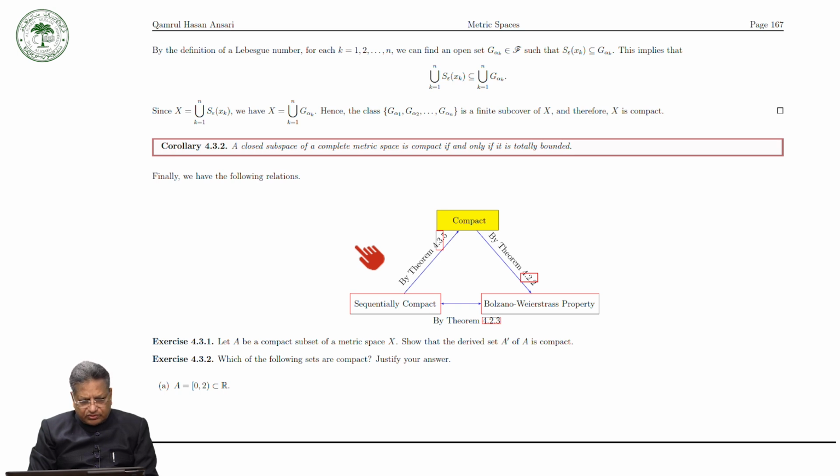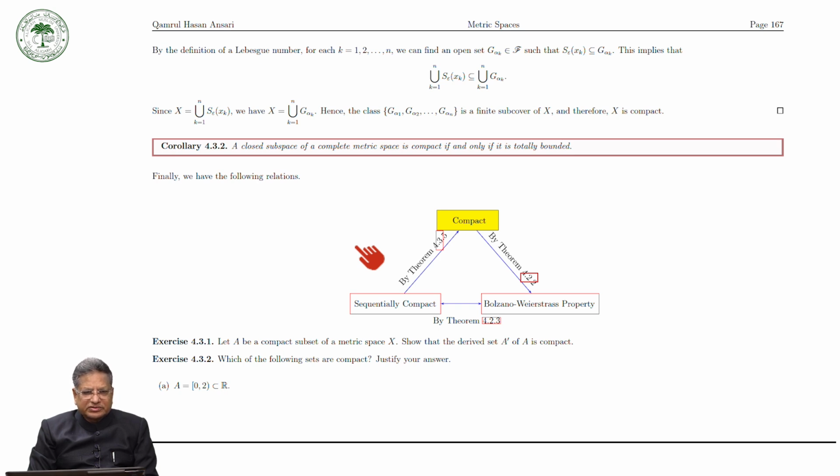First you do by yourself. So first exercise is that a compact subset of a metric space. So if A is a compact subset of a metric space X, then the derived set is also compact. Okay, so it is very